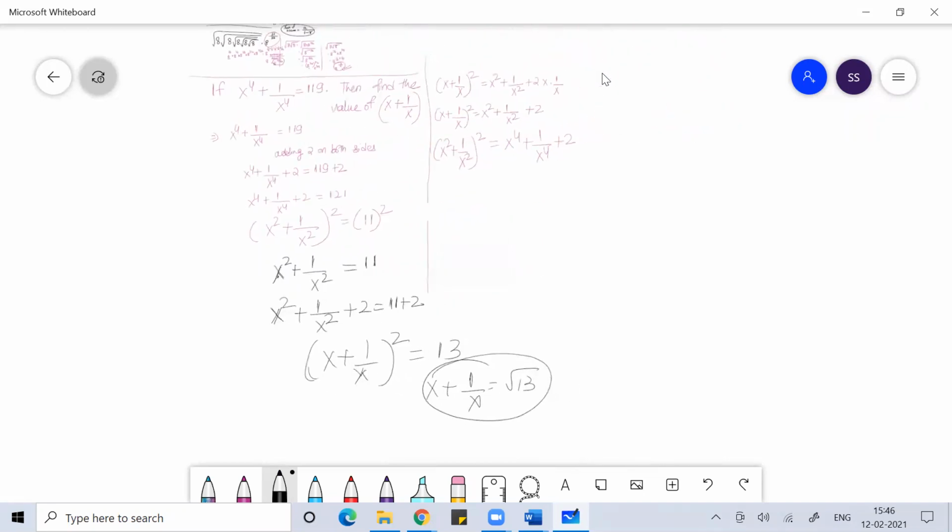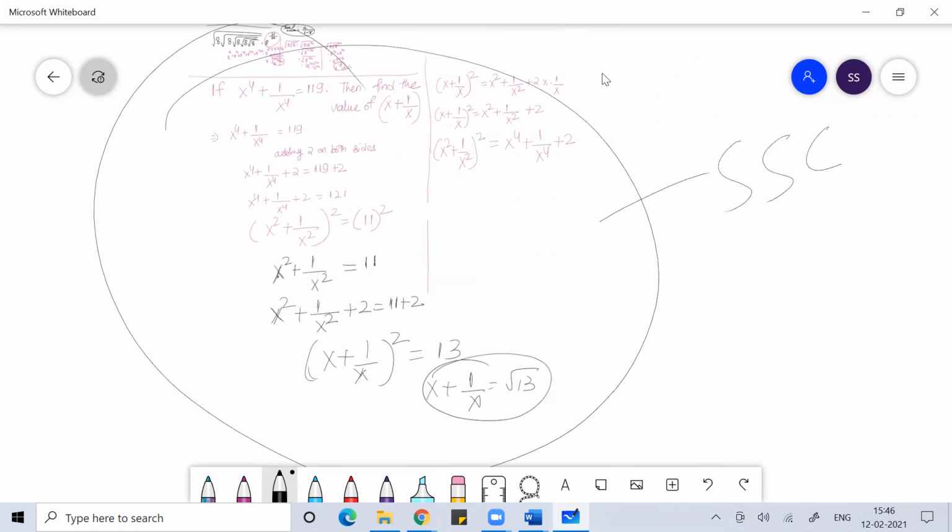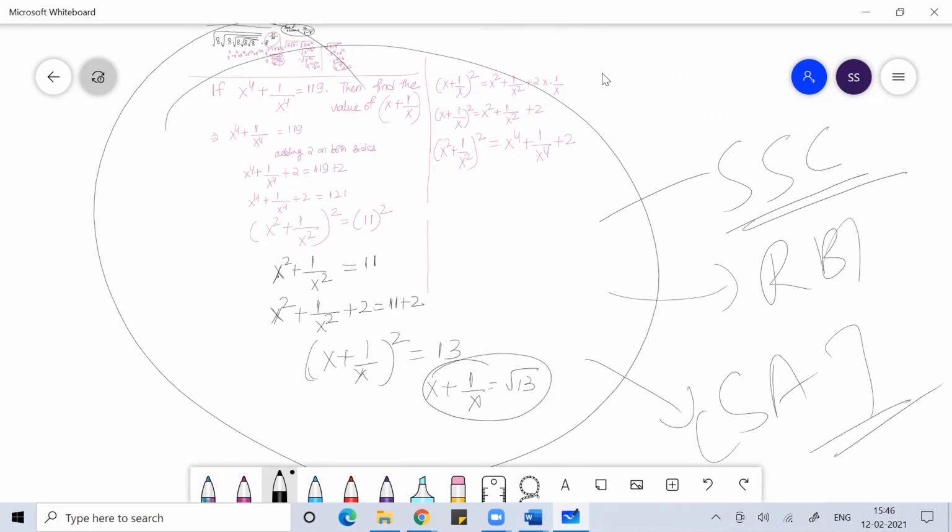Any doubt, anyone? Remember, this is very important. It is one of the favorite questions of the SSC exam, RBI, UPSC, CSET. I hope you have heard of CSET, the civil services exam. Every exam has this as one of its favorite questions. Open any year's UPSC question paper or any placement paper, Infosys, TCS, and you will definitely get one question from what I'm going to do today for you.